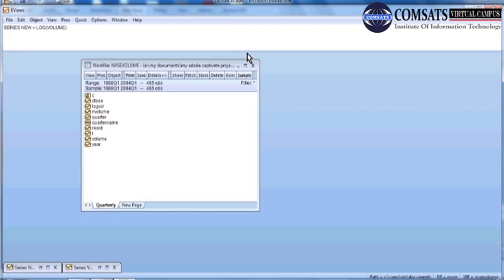So when I press enter, the new variable is generated.